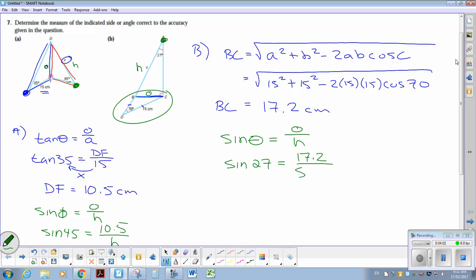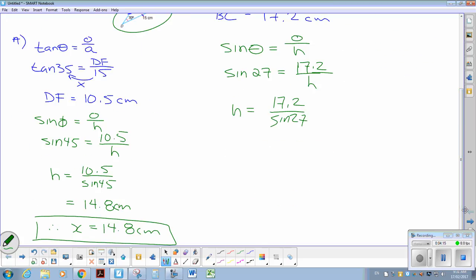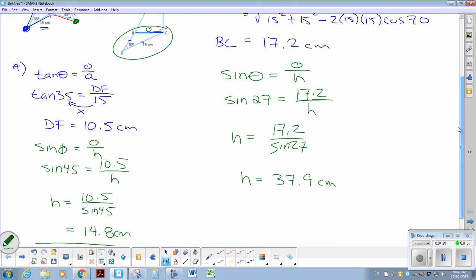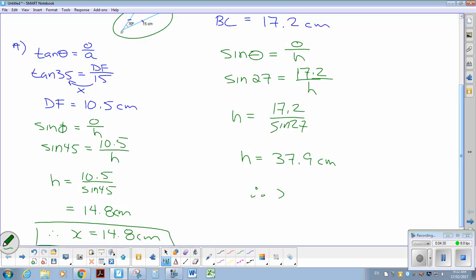Sine 27 over hypotenuse. So h equals 17.2 over sine 27. And plugging that into the calculator, 17.2 divided by sine 27 gives me 37.9. And it was another x value, I think, so therefore the x value is 37.9